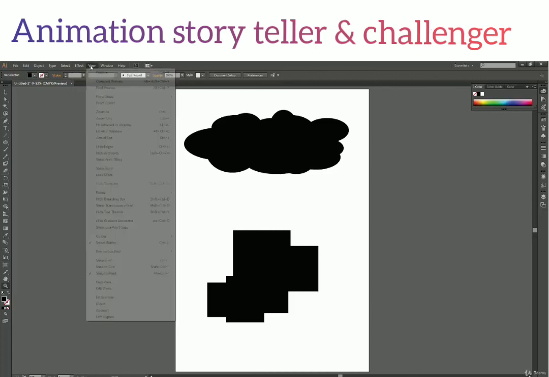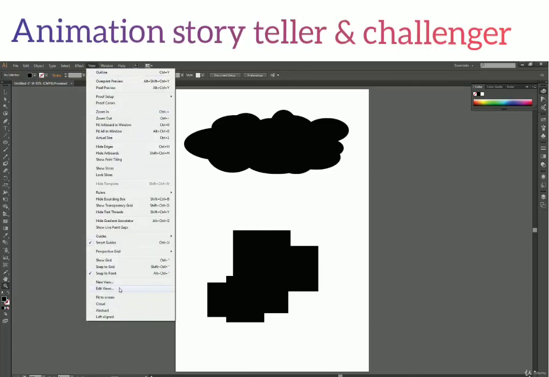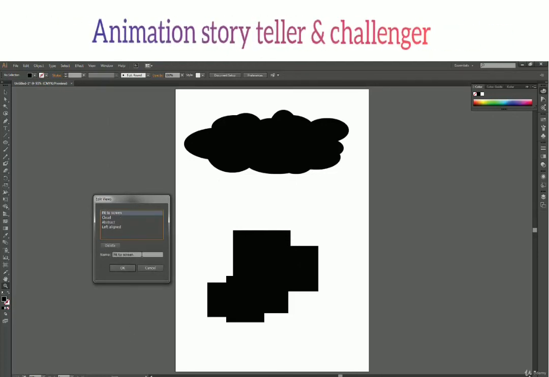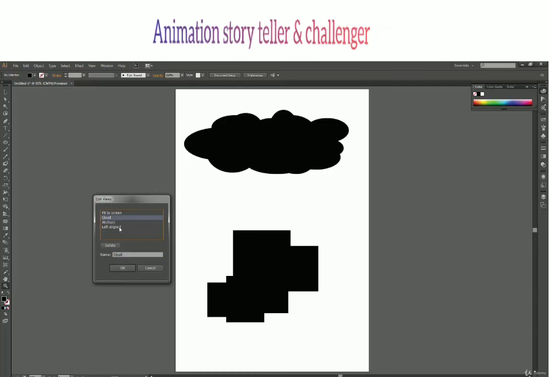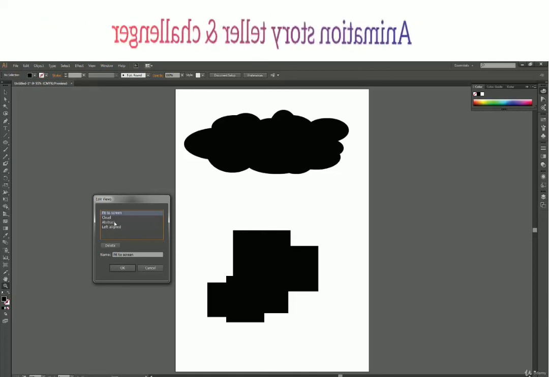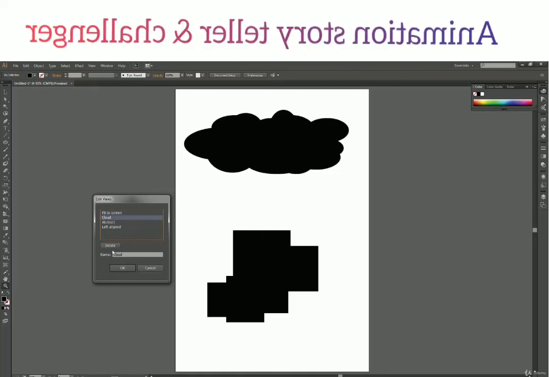And then we have this Edit Views here. Like we saw in edit workspaces, it's the same thing. You can click on any of the views and you can rename it. And here we don't have a new icon. We cannot create new views from here. The only thing you can do is rename and delete views.